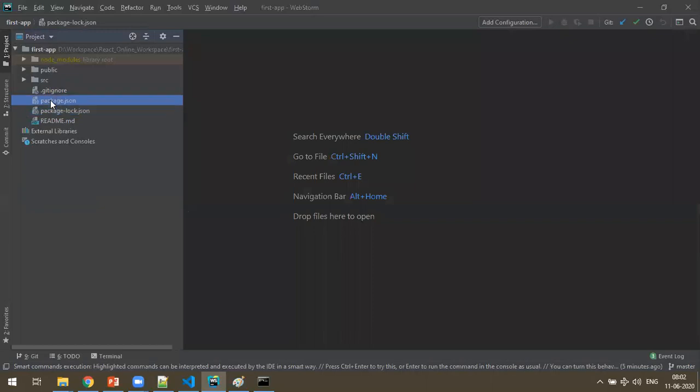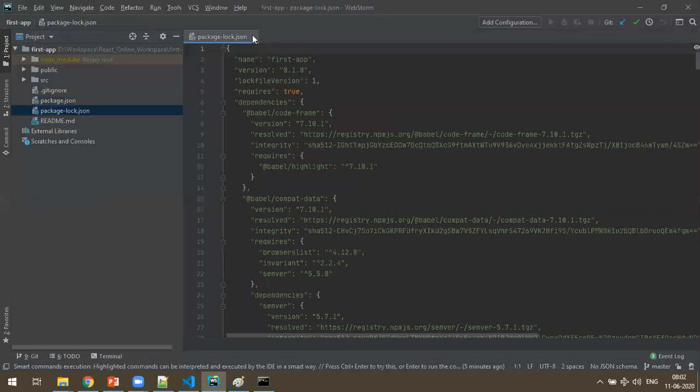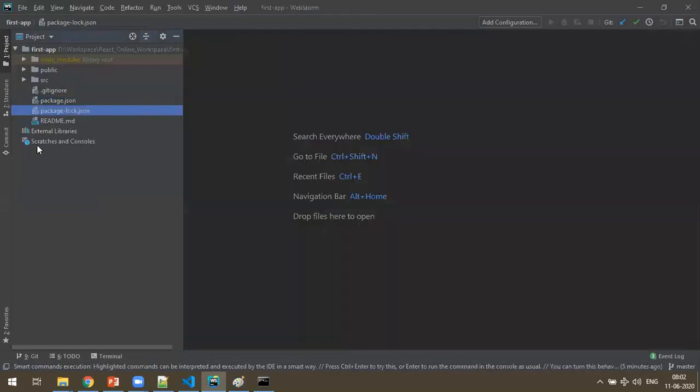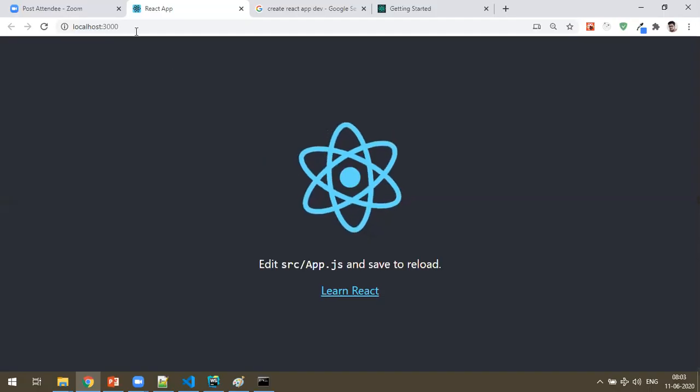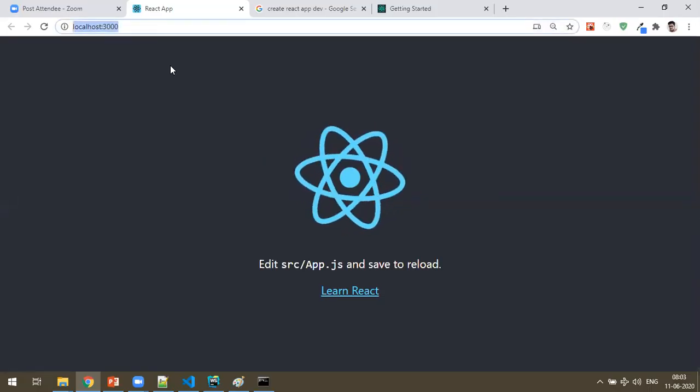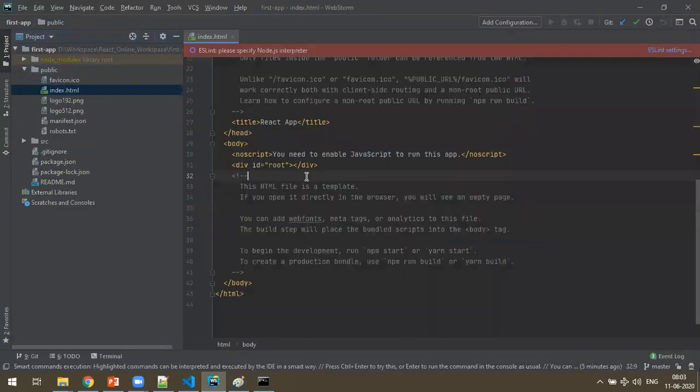Package-lock.json contains your package dependencies. As of now this is not required. So how do you get this page? What exactly is the flow? Whenever I enter this URL, it looks for index.html. Here in index.html, we have a div tag with id root, but internally nothing is there. So what is inside, which is coming from some other file?